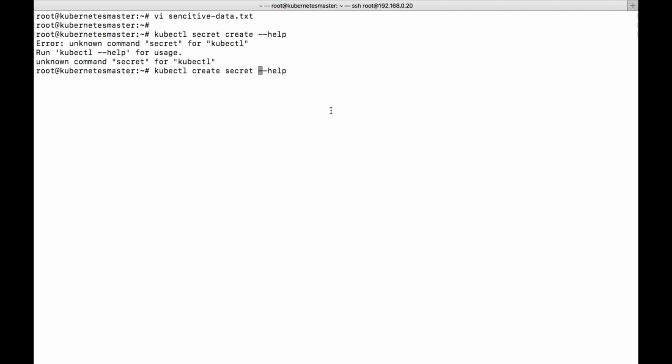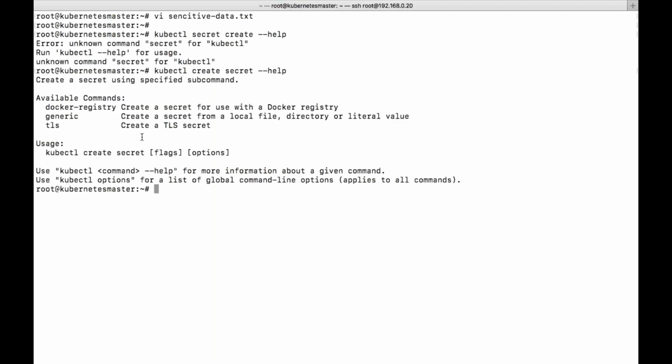So there are three ways to create secrets. One is Docker registry, generic in the sense our normal files and all. TLS, if you want to create secrets over TLS certificates, then we need to use the TLS option. If you want to create secrets for your Docker registry, we'll have this URL, username, password, right, for Docker registry.